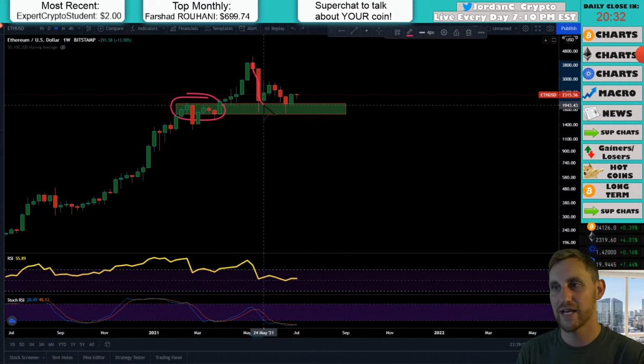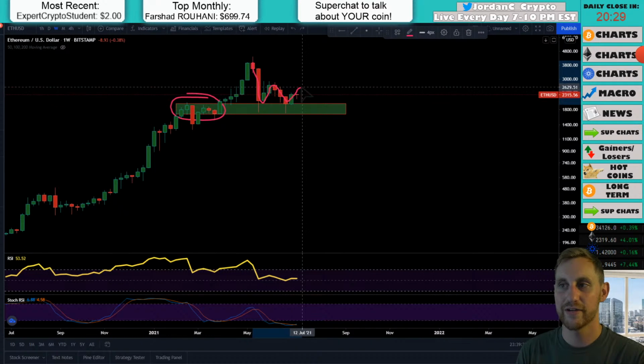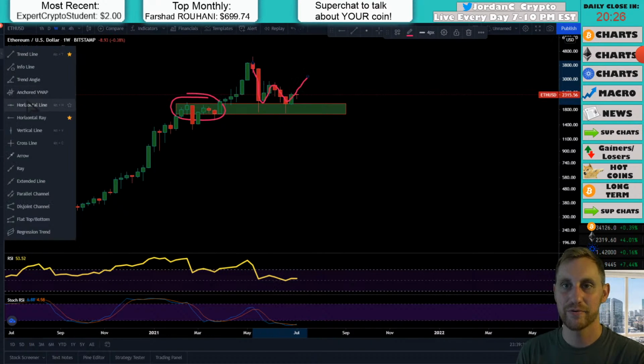You also could have some type of W formation forming here if you can break this previous high at approximately